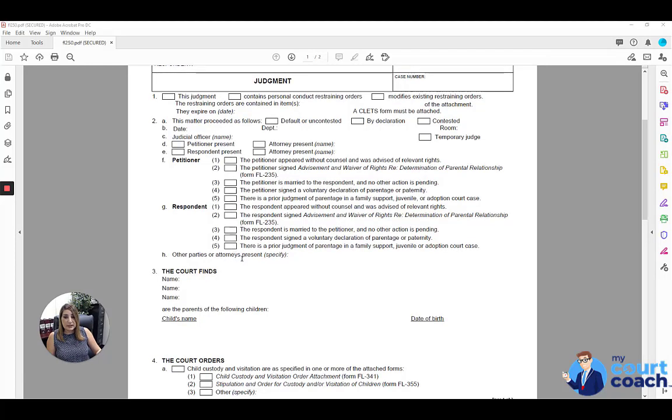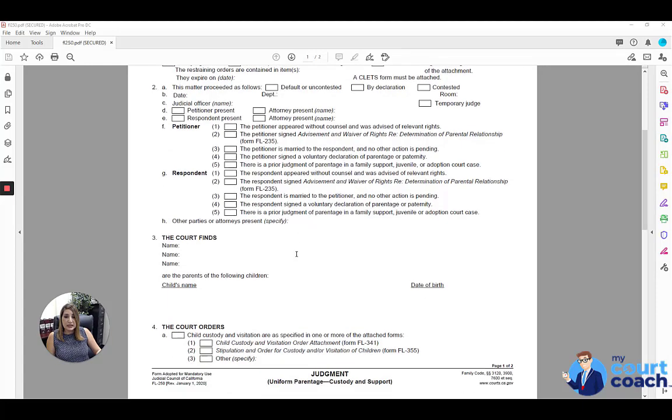Again, if this was a trial setting, if there were any other parties or attorneys present, you would specify that under 2H. And then finally, below is the finding of paternity, if a finding has been made. And again, that's only if this is an establishment of paternity case. You would list the names of the parties that are the parents of the children,